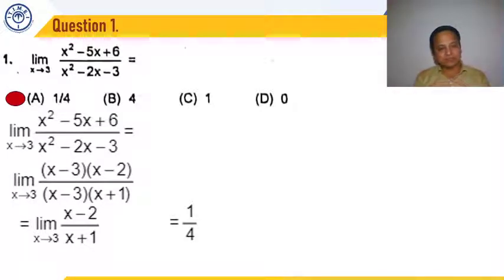So in this, first we see whether we are getting an indeterminate form or not. If we are, we apply the method of factors. We factor the expression and cancel out the part which is giving us the indeterminate form, because x is tending to 3, so x minus 3 is tending to 0. We remove that part, and in the remaining expression we simply put x equal to 3. The numerator becomes 3 minus 2, that is 1, and the denominator becomes 3 plus 1, that is 4. So we get our value as 1 by 4, which was given as option A. I hope this is clear.